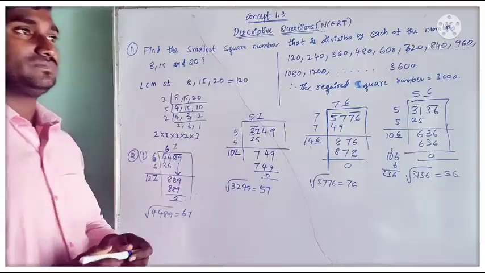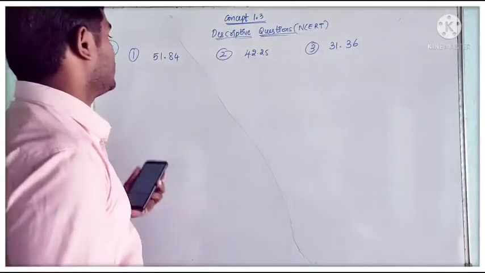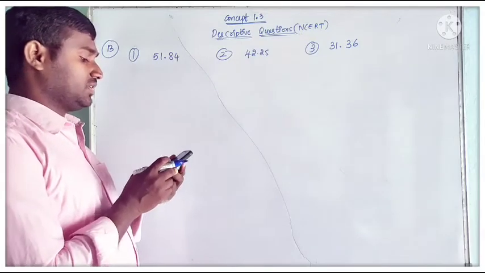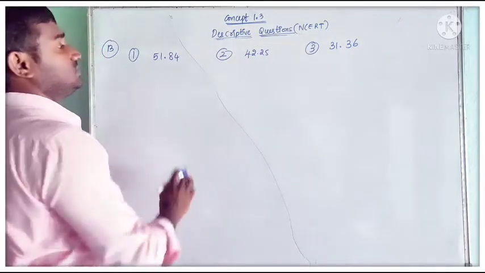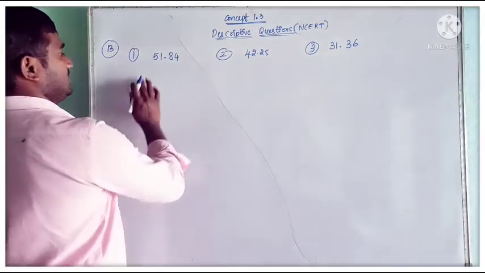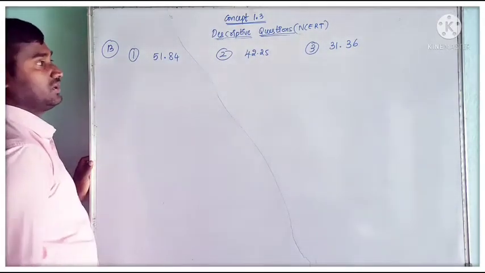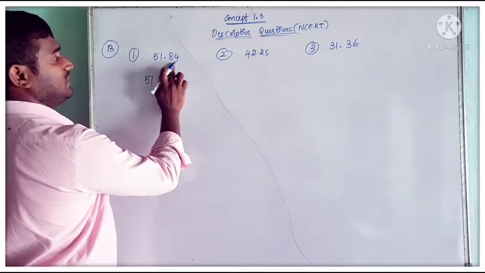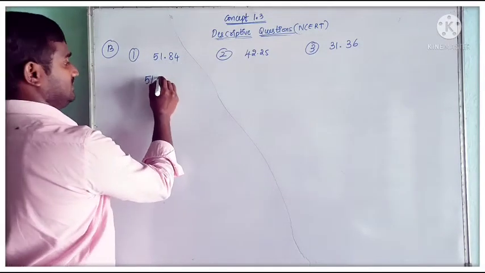Likewise, we are going to find it by using the long division method. Now I am going to discuss with you the 13th question. The 13th question we have: find the square root of the following decimal numbers. Let us see how we are going to find it. First we have to write it in the p by q form. How are we going to write it in the p by q form? How many decimal places do we have? 2 decimal places. So that is